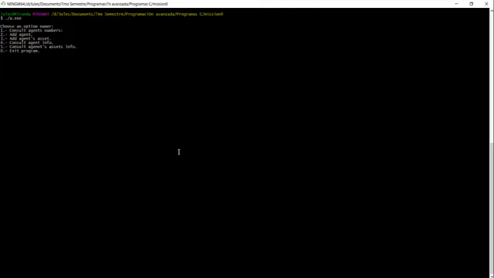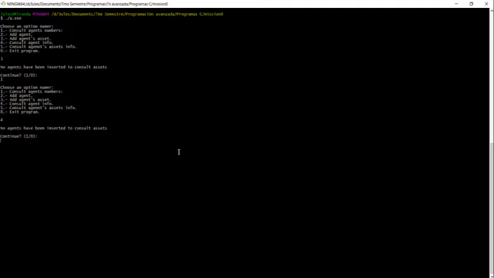So we have to choose an option number. If I go to add agents asset, it says no agents have been inserted. Also, if I go to consult agents, here I have to put continue. Then if I go to consult agents info, there are no agents. And if I go to consult agents assets info,